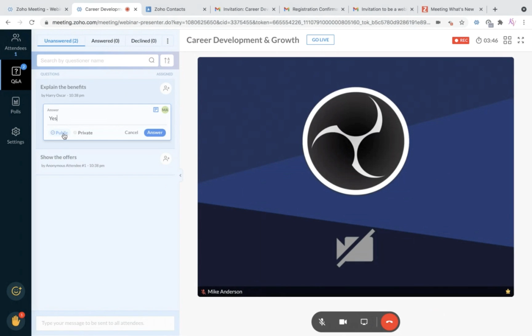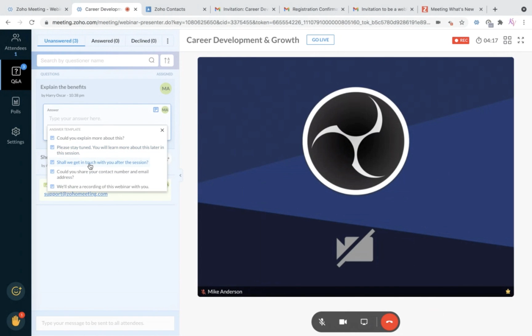As an organizer, you can also make use of the send broadcast message to send useful links, text, or email addresses to the attendees during the session. So this is actually a one-way communication from the organizer to the attendees. If the attendees still have any queries, they can use the Q&A tab to clarify their concerns. You can also assign the questions to another co-organizer right from the assign option. If you have a bulk volume of questions to be answered, you can make use of the predefined template which we provide over here.